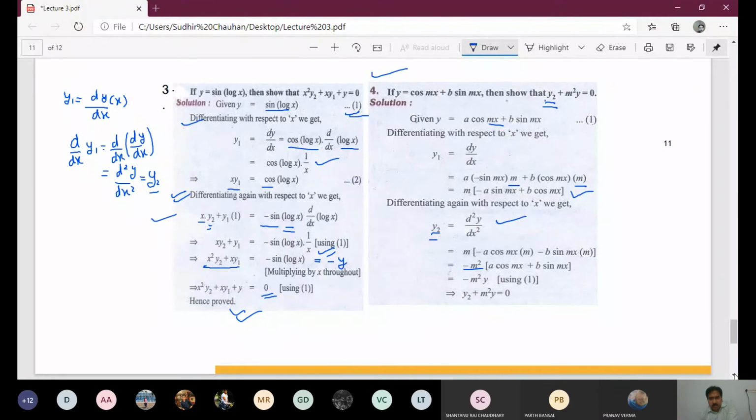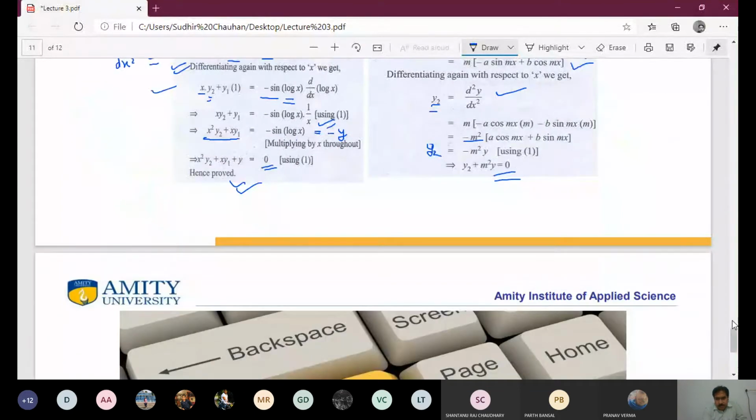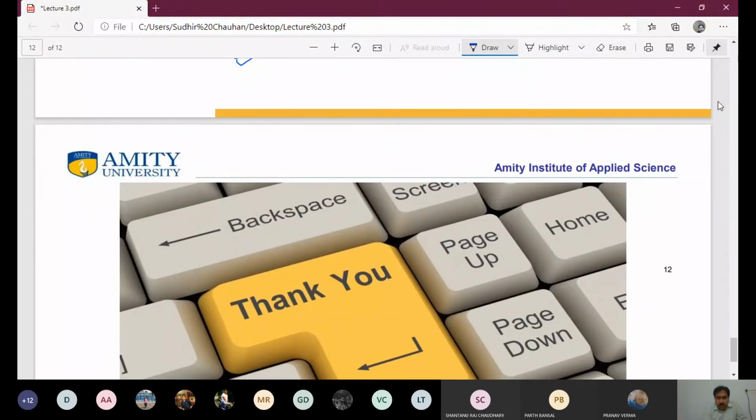Now from 1, a cos mx plus b sine mx is equal to y. So again writing it, it is minus m square y. So here we have y2, and it is equal to minus m square y. So this implies y2 plus m square y is equal to 0. So this is the successive differentiation. Now we can do some questions on successive